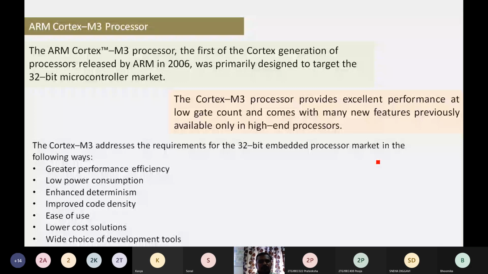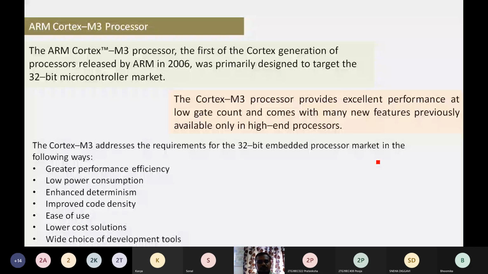It is capable of greater performance efficiency, very low power consumption, enhanced determinism, improved code density, and ease of use. It is easily available, any developer can easily use this processor for development purposes, and it addresses lower cost.